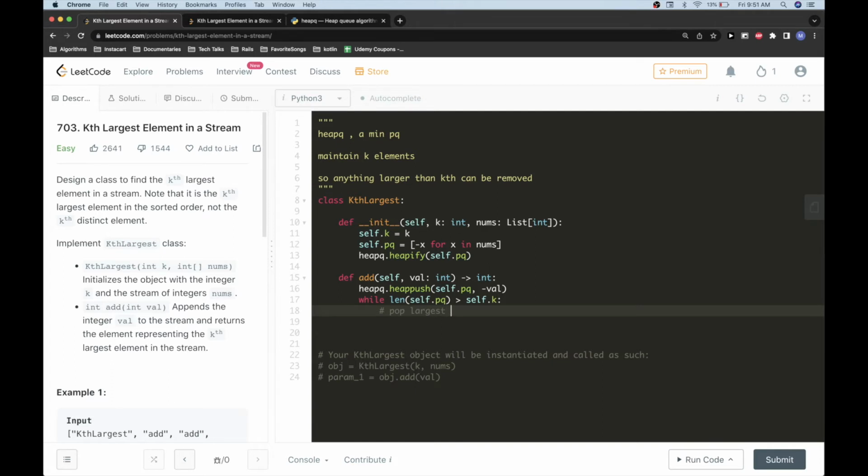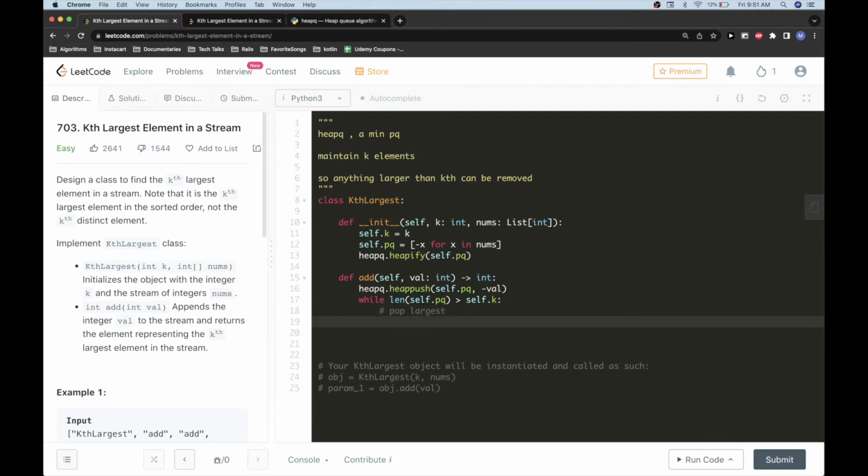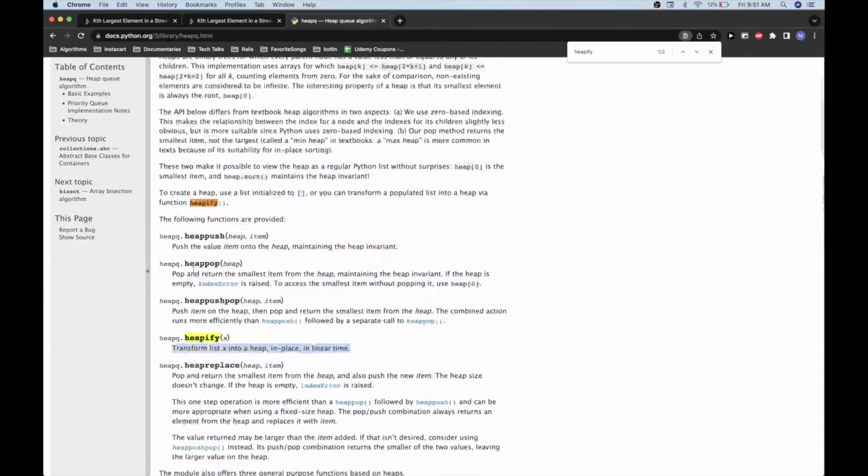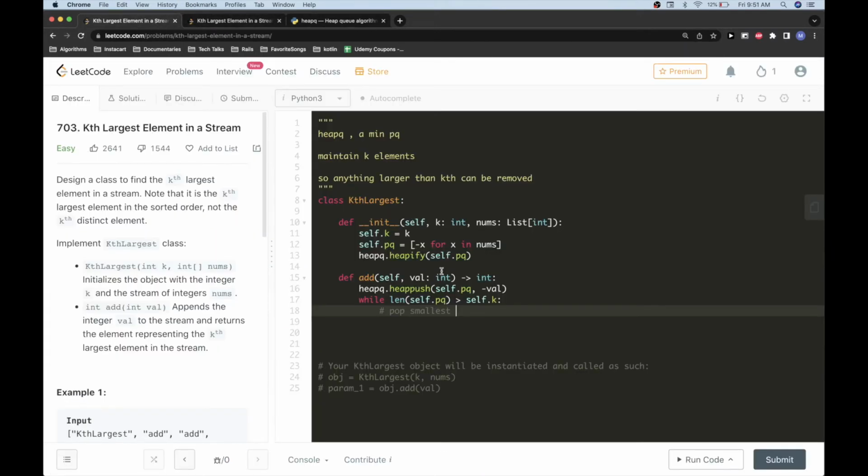largest. Okay, that makes sense though, actually. We want to pop smallest. And pop will, if we look at heap, pop and return the smallest item. So it will pop the smallest item. So what I want is actually what was here. I want to pop